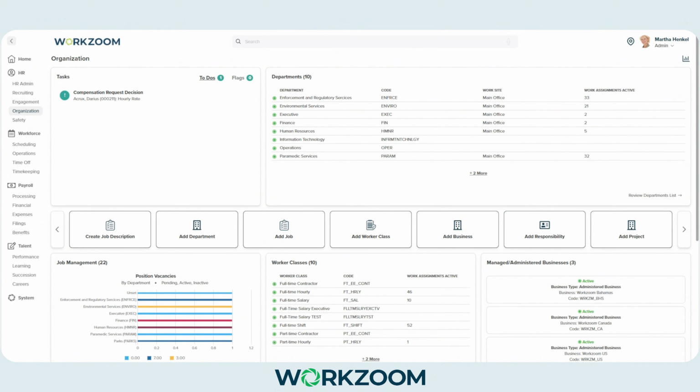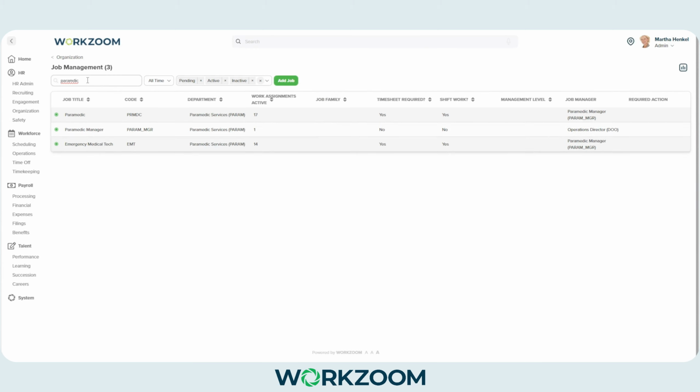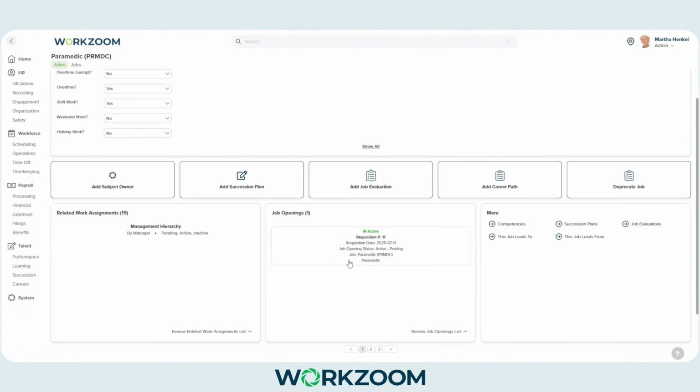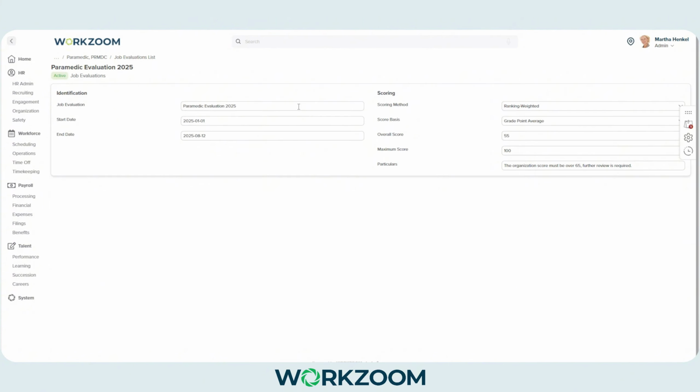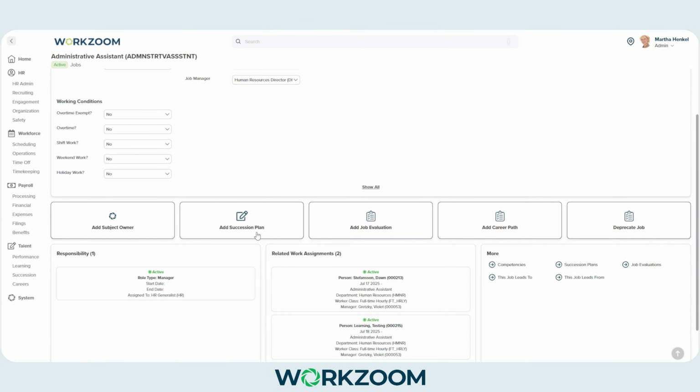Job evaluations. When job expectations and compensation details are scattered, it is hard to maintain fairness and clarity across the organization. Misaligned roles can lead to confusion and frustration. Workzoom solves this by letting you store job evaluations directly within the job. To add a job evaluation, navigate to a job profile. Select the candidate Add Job Evaluation